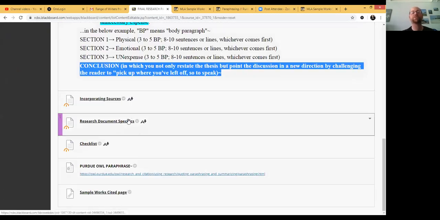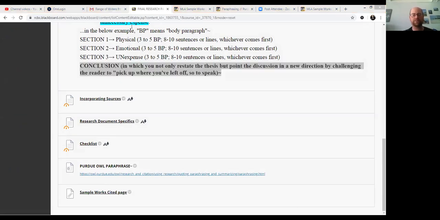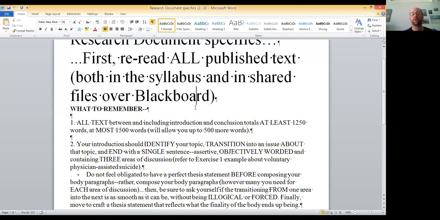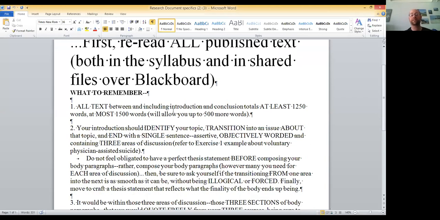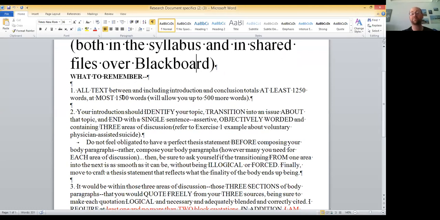Incorporating sources, research document specifics. Click that open, and when you do, you will see that it looks this way. Okay, so read it, review it. Read all of the published text that's both in the syllabus and in shared files over Blackboard on the page that we're looking at. A couple of things to recall: all text between and including, that's important phrasing, the introduction